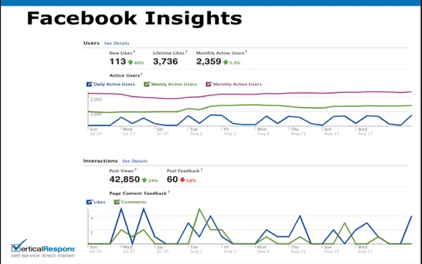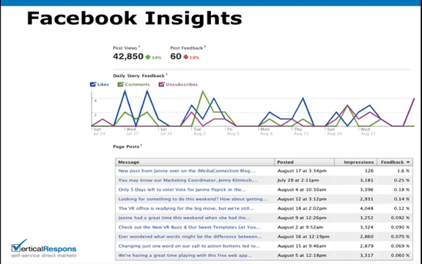But just a couple things that you can pull from Facebook. This is just the high-level shot here. Things like likes, monthly users, post likes, and feedback. All really good information when it comes to both your reach, your awareness, as well as the engagement you're getting. What kind of posts are getting the most engagement? So that's the next shot we have here, is what Facebook considers feedback. That's likes, comments, and unsubscribes that you might be able to attach to certain posts. But what you can do is look at the specific posts you've got and see what's getting the most feedback.